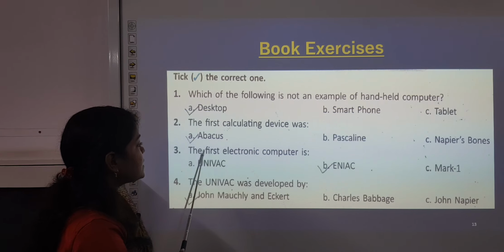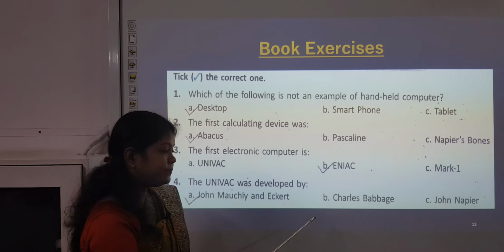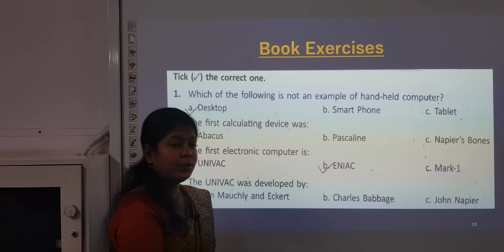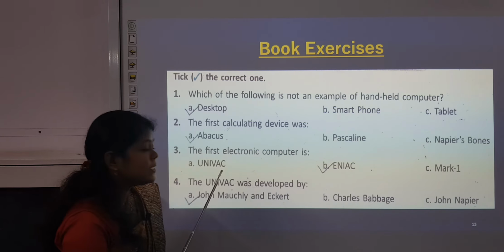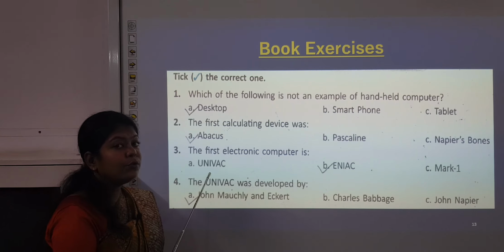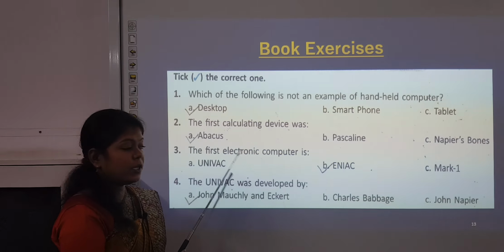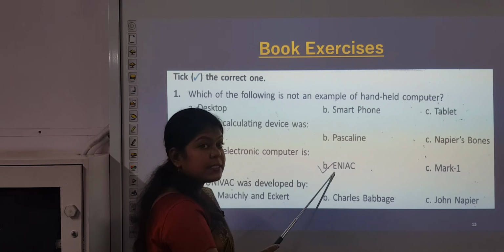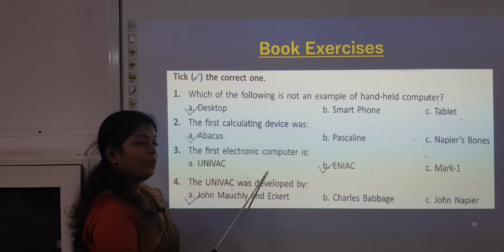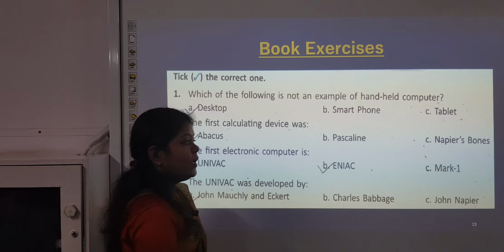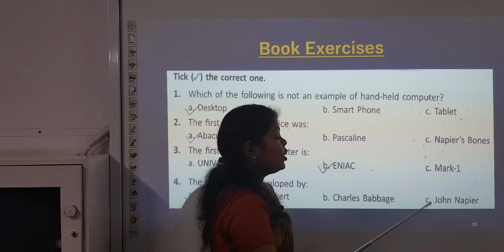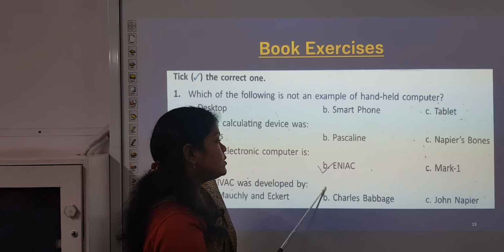Next, we have the first electronic computer is. Which is the first electronic computer? Options are UNIVAC. No, UNIVAC is not the first electronic computer. Next, we have ENIAC. Yes, ENIAC is the first electronic computer as we have discussed already. And the last option is Mark 1. So, your correct option is ENIAC. So, put the